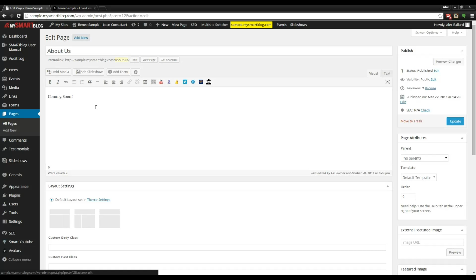But again, same WordPress editor. You make your changes, and then all you need to do is hit that blue update button over on the right side, and that'll save all the changes to the site for you. So super simple. Same editor that you're used to from posts, same ones used for pages. If we go back to the pages screen,